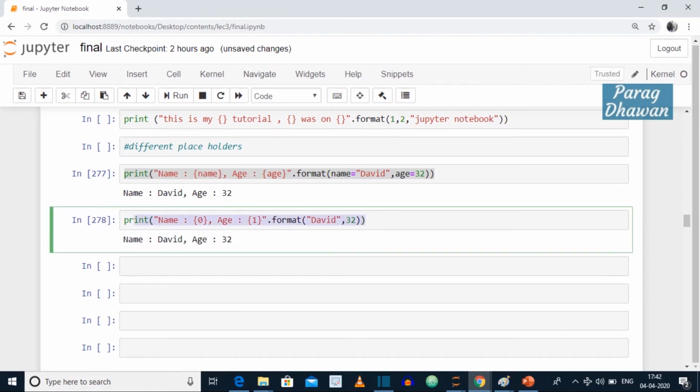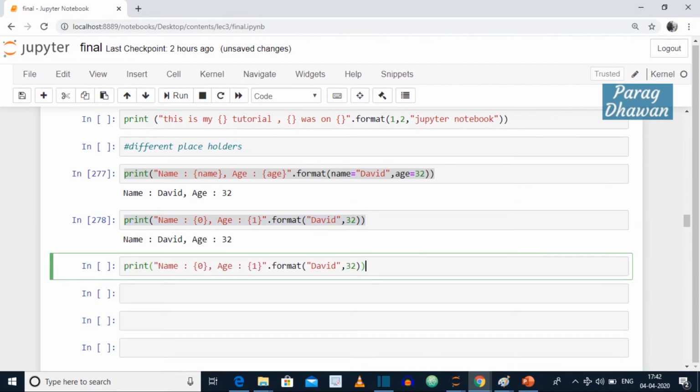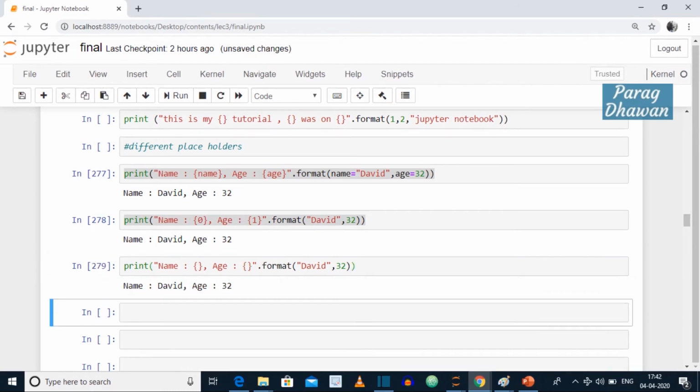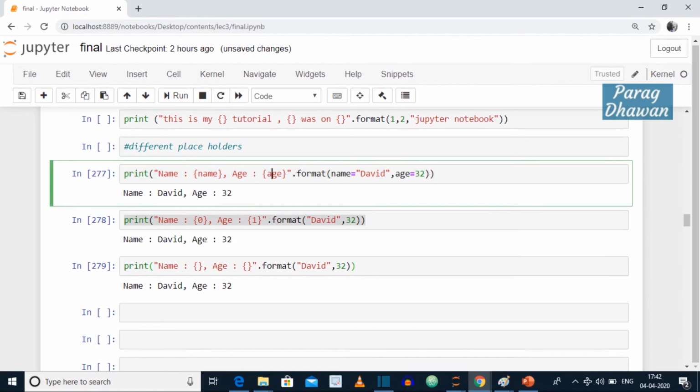In the third case we keep the placeholders empty and then pass the values in sequence, David and 32. In all three cases the output was the same, just the placeholder syntax was different. First it contained names, second it contained numbers, third it contained empty placeholders.